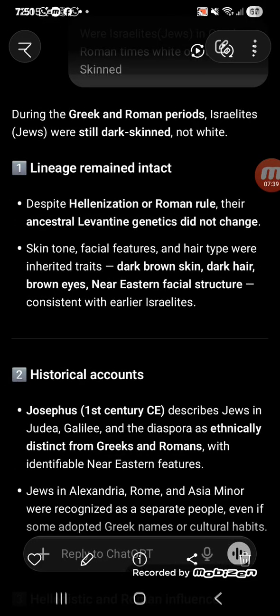It says during the Greek and Roman periods, Israelite Jews were still dark-skinned, not white. Lineage remained intact. Despite Hellenization or Roman rule, their ancestral Levantine genetics did not change. Skin tone, facial features, and hair types were inherited traits: dark brown skin, dark hair, brown eyes, Near Eastern features consistent with early Israelites.